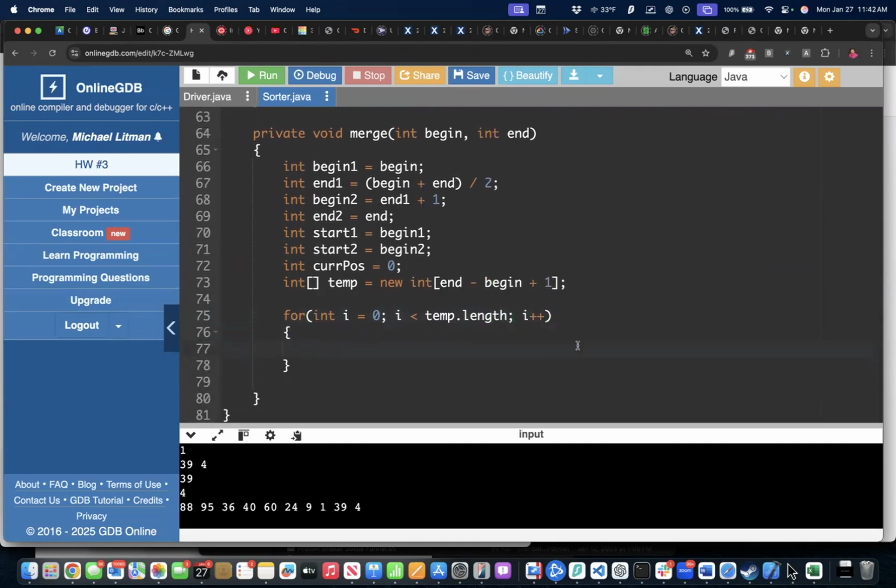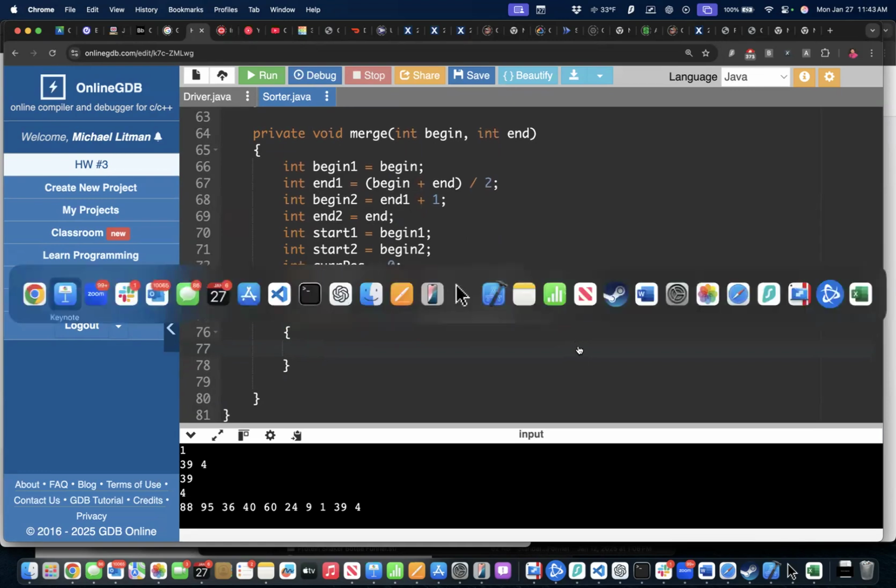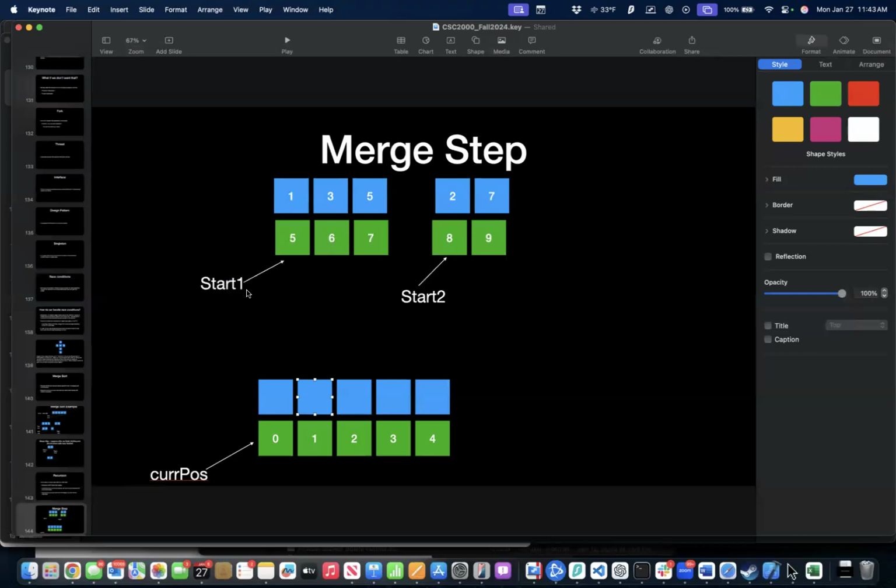All right, so standard for loop, going to go through in our little example here 5 times, right? Temp.length will be 5. Now each time through, we want to compare the elements that we're currently considering. That is, we want to look at start 1, the value that lives at that, and start 2, the value that lives there. But we only want to compare those if both of those guys are still on their respective